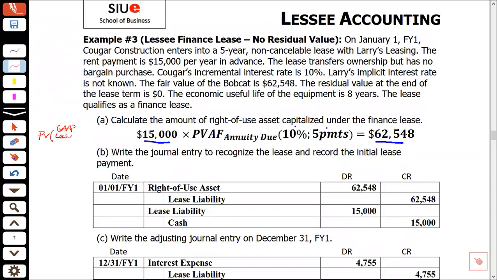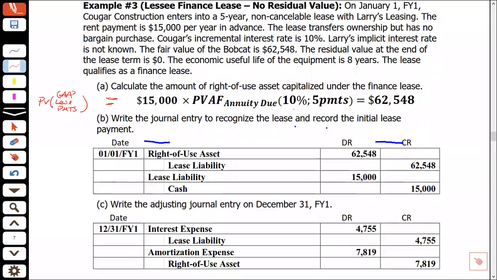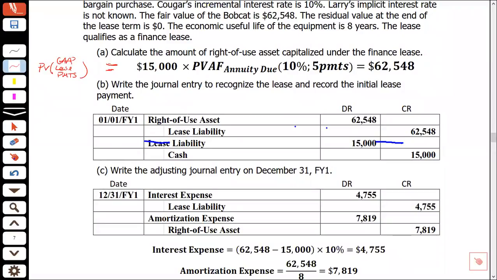So it's the present value of the GAAP lease payments. So it's the payments associated with the lease that GAAP says you have to present value. Okay, and in this case, it's just the actual lease payment of 5 payments of $15,000 in advance. Okay, so moving right along,